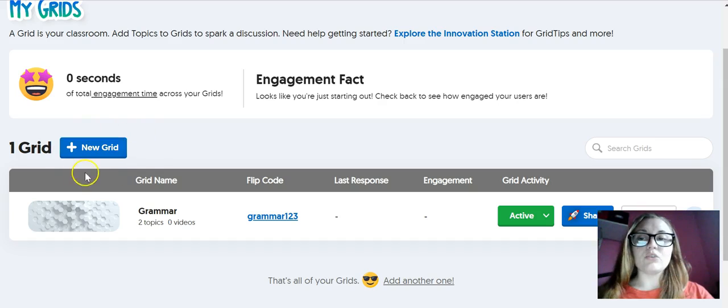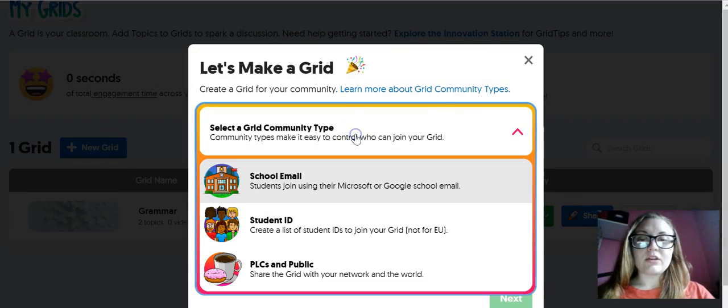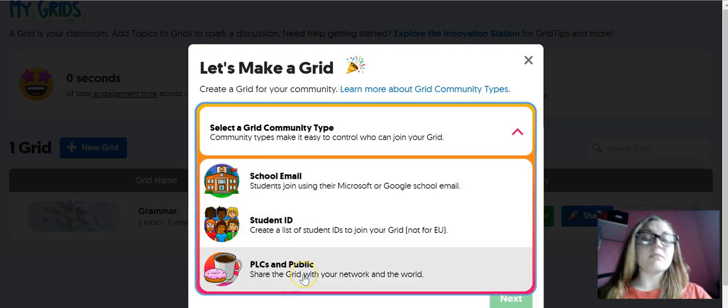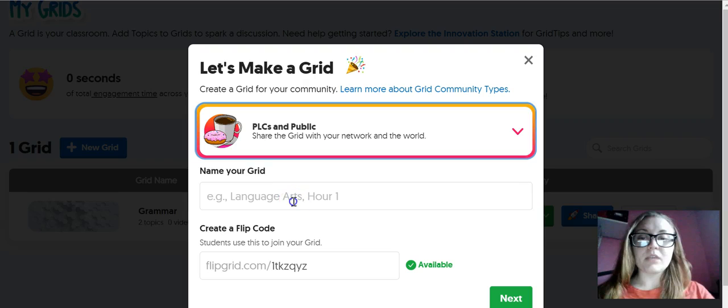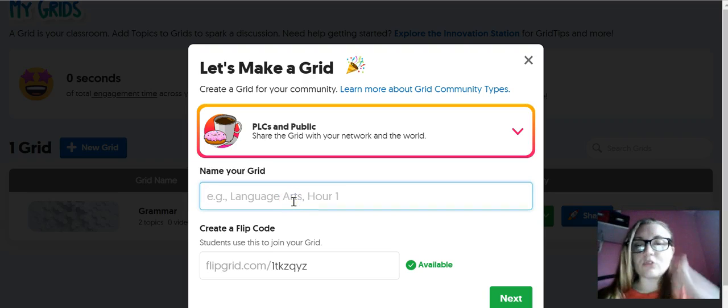If you want to make a new grid, you would just click this blue button with a plus sign that says New Grid. And right here, you could select what kind of privacy you want. It can only be for students who have a school email ID, but for this demonstration it's just going to be public. Here you name your grid, so you can name your grid anything. Like for example right there it gives language arts, so I'm just going to put demonstration,